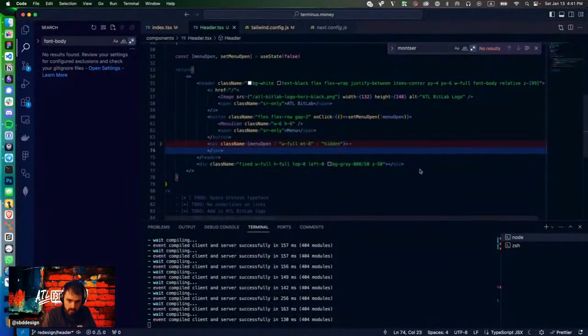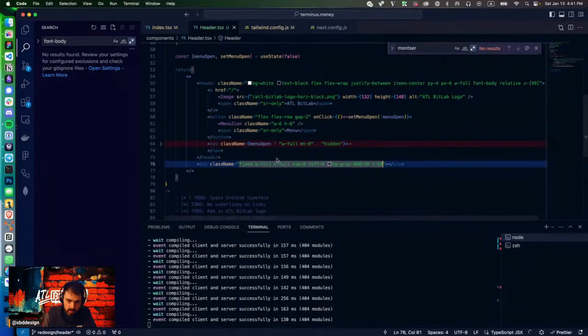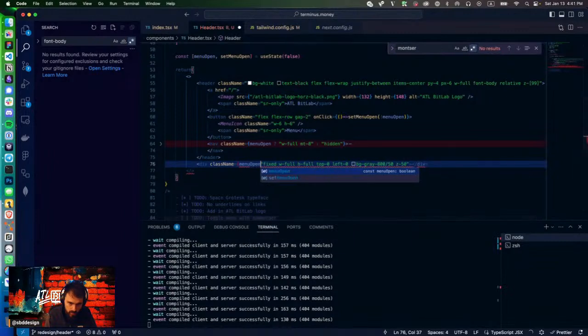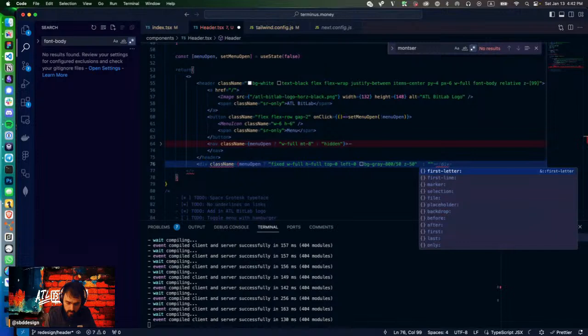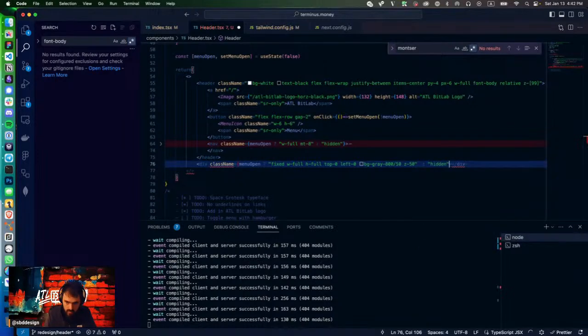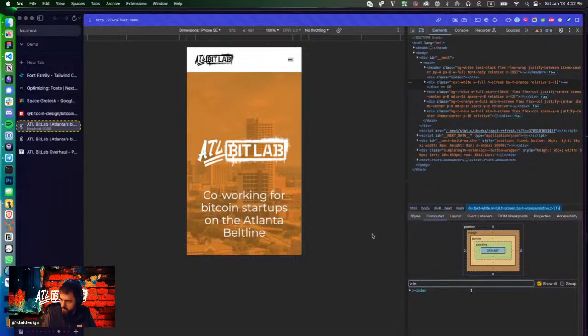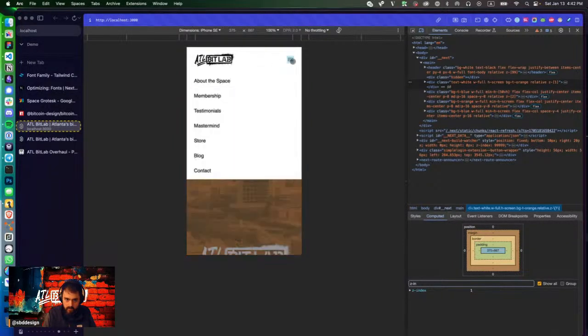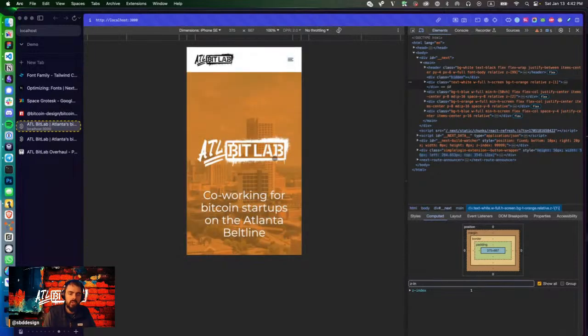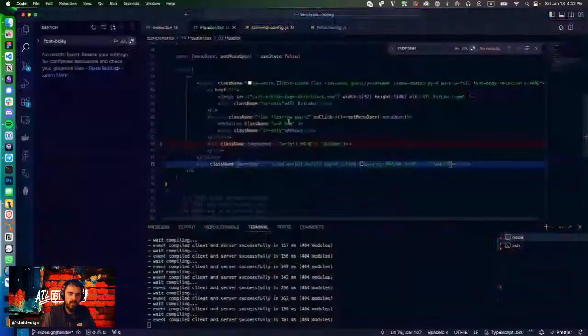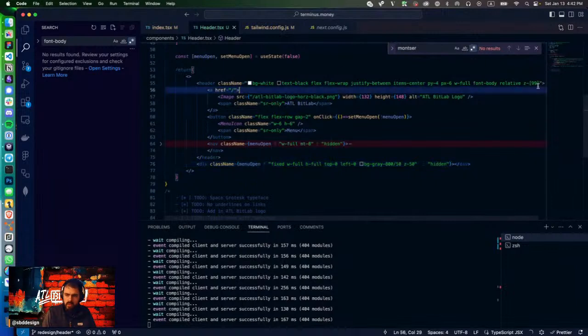Okay. So then what we want to do is say something very similar to this, actually. We want to say menu open and give me that. And then for... perfect. It is kind of pushing everything down. You see that BitLab logo gets pushed down the page, so we're going to want to fix that. Probably just need to do something like, I don't know,